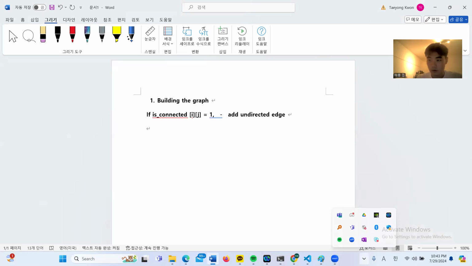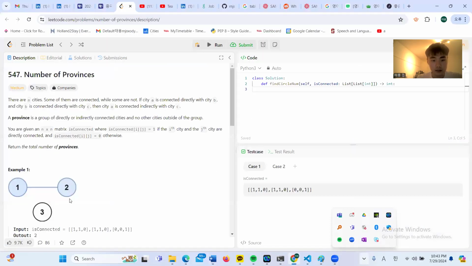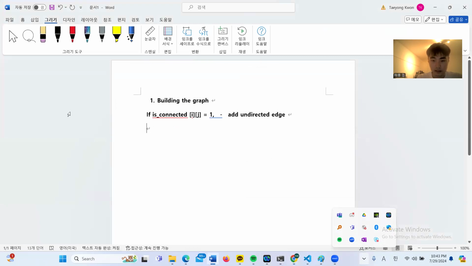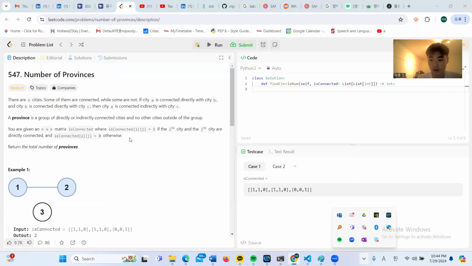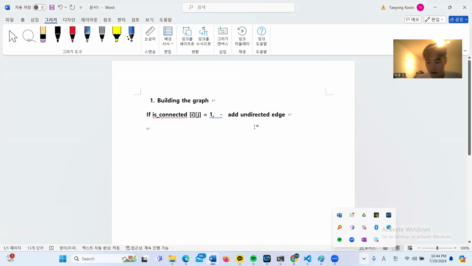Now, what do we have to do after building a graph? We have to count the actual provinces. So for provinces, we can start at any city within these nodes, and you can find a path to reach any other city. And this means that they form a connected component. So a province is defined as a connected component, in other words, a connected component where you can start at any city. And we use depth first search. So finding provinces,